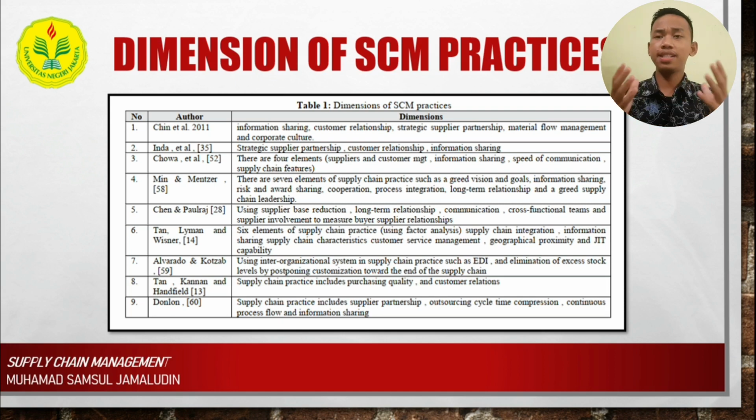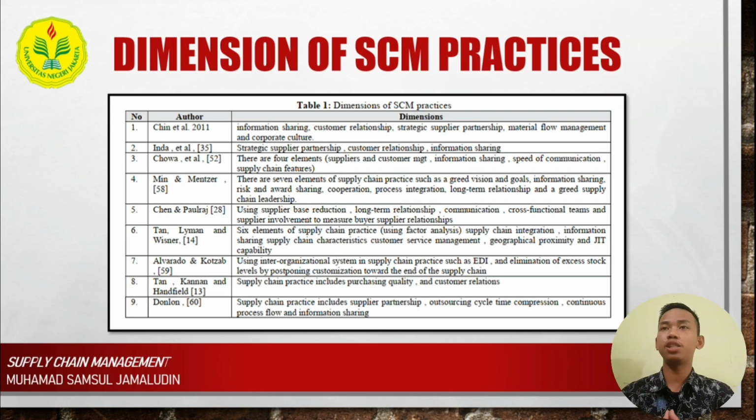That's the concept. We can see the dimensions of supply chain management practices from the authors. The dimensions, as we can see here, are information sharing, customer relationship, strategic supplier partnership, material flow management, and corporate culture. We can also look here: strategic supplier partnership, customer relationship, information sharing. Then there are four elements like suppliers and customers, information sharing, speed of communication, supply chain features, and so on, until the last one from